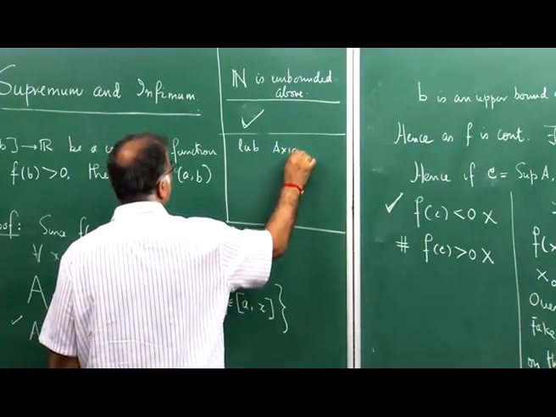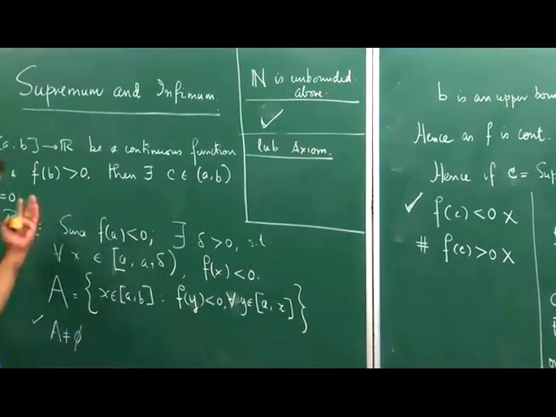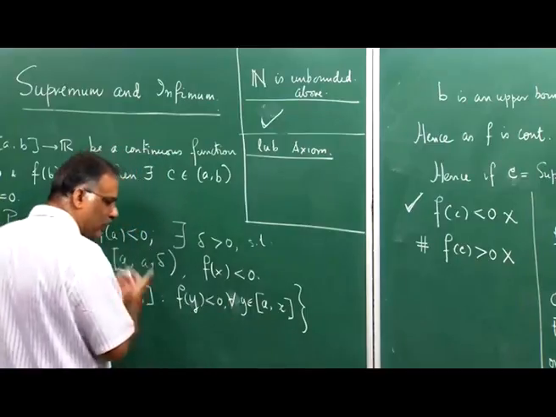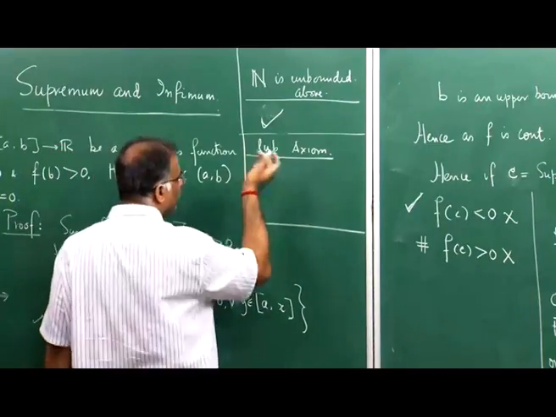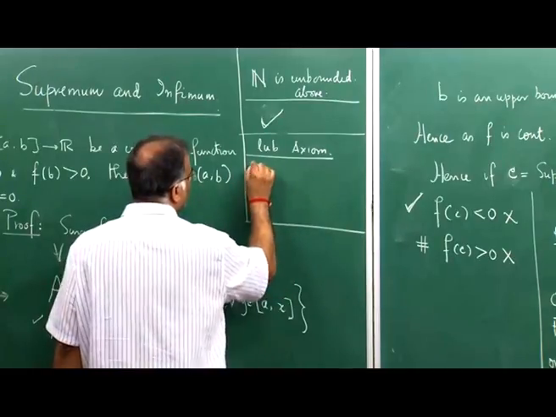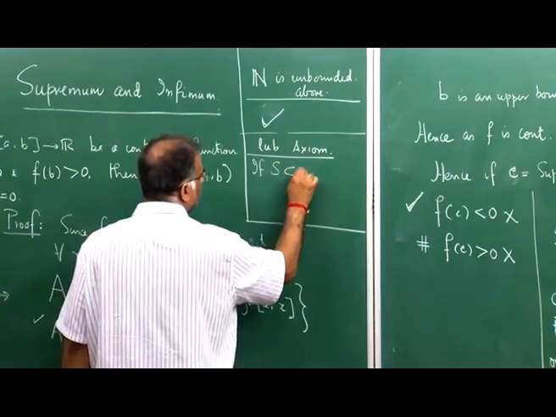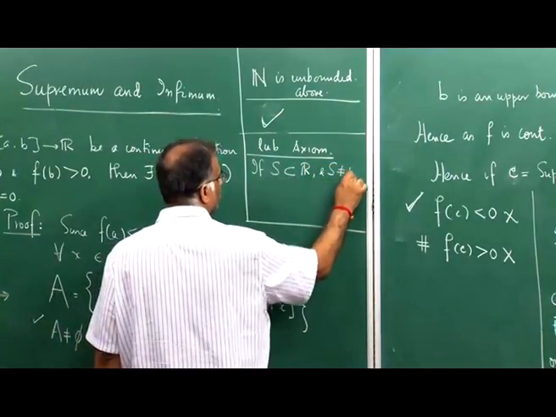I was at that time just giving a connection. Without the notion of an upper bound existing, there cannot be any notion of least upper bound. That you have to keep in mind. So, I am just writing it in a more precise way. If S is a proper subset of R and S is not equal to phi,